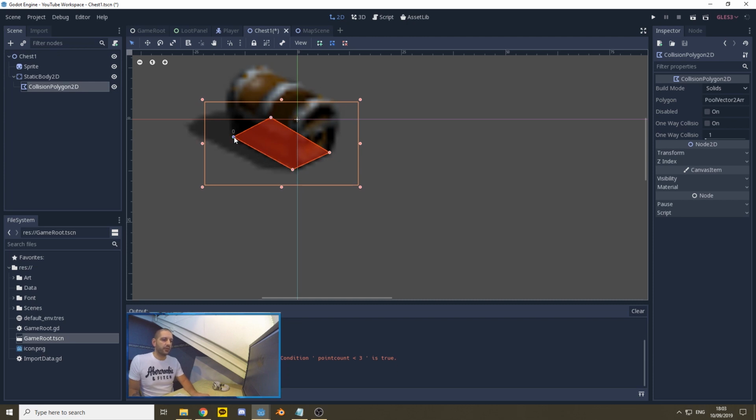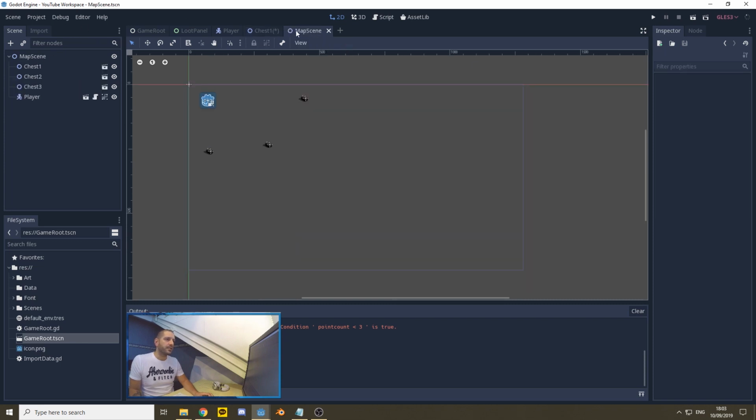If you want to delete one, you can just select it and hit delete. And when you press your mouse button over an existing line, you add a new one, and then you're able to drag it out again. So I'm making a mask over where the chest would hit the ground, and I'm adding that as its collision shape. Now if I run the map scene again,